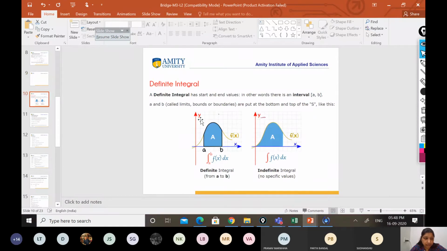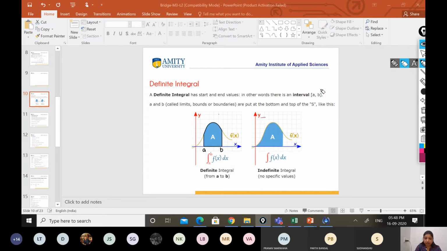So this was about the Eilert rule. Next, we are starting definite integral. A definite integral is nothing but giving some limits to the integration. So this is the definite integral. Limits of integration are from a to b, so there is no constant c in the solution. It will be some constant value. And this is the indefinite integral, that means there is no limit.